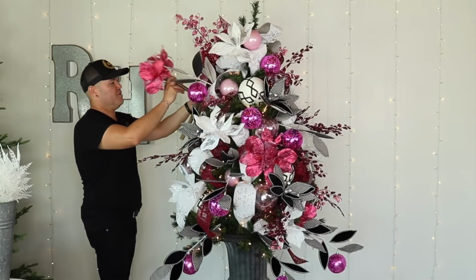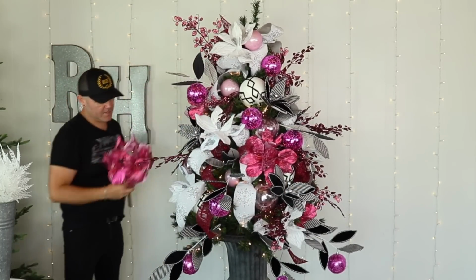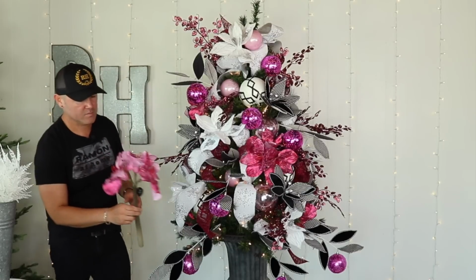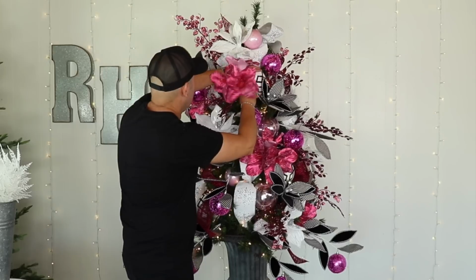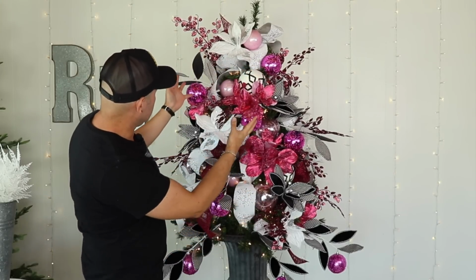I'm going to add one right on this side. Remember, what happens on the left happens on the right. So I'm going to add this guy right here. I'm going to put one right here to fill in. It almost serves as a... remember last year I did hydrangeas. Well, you can always use any type of flower to fill in those gaps,